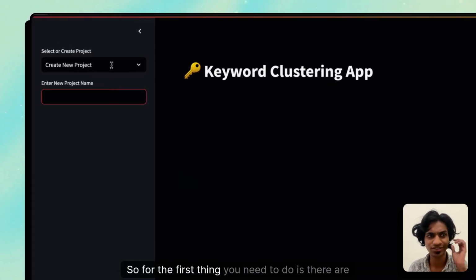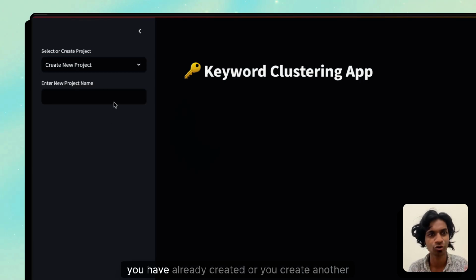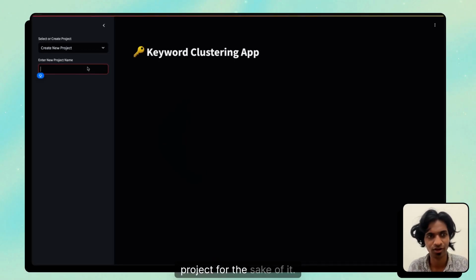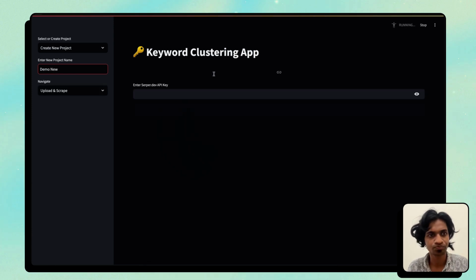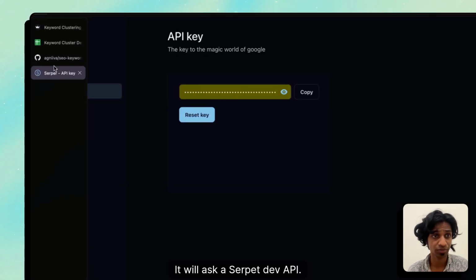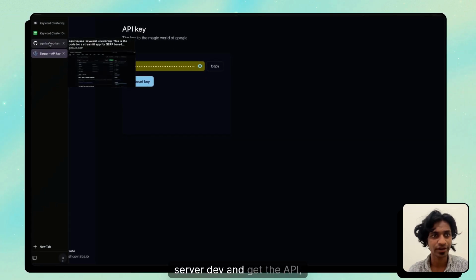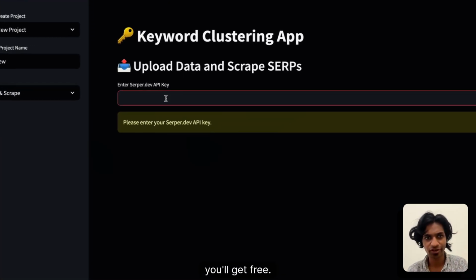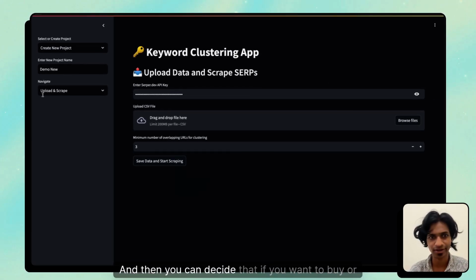The first thing you need to do is open a project that you have already created, or create another project. For the sake of it, I'll create another project, demo new. It will ask for a serper.dev API key. You go to the URL serper.dev and get the API key. You'll get 2500 free keywords to test, and then you can decide if you want to buy